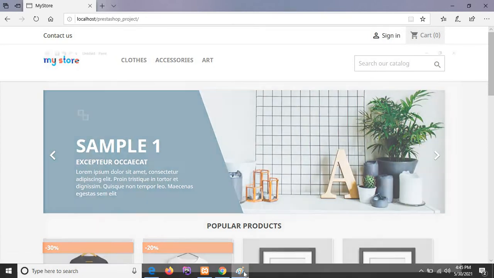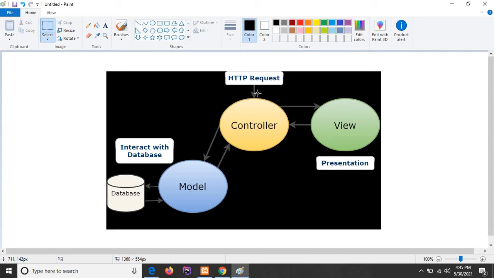So assuming this example, I will show you how MVC actually works. I have one diagram, and I'm explaining this diagram. Consider the client sends one HTTP request. A request is anything, like if you are searching for some product on Amazon, that request will be sent to the controller. Then the controller will pass the data to the model. Then the model will interact with the database, search all the data related to that product and fetch it from the database. Again the model passes the data to the controller, and then the controller will pass the data to the view or presentation. Okay, this is one communication.